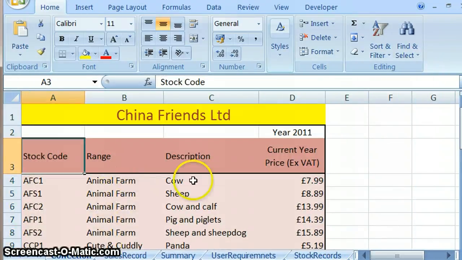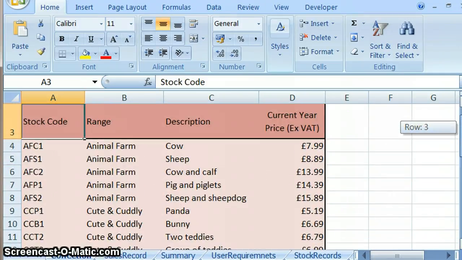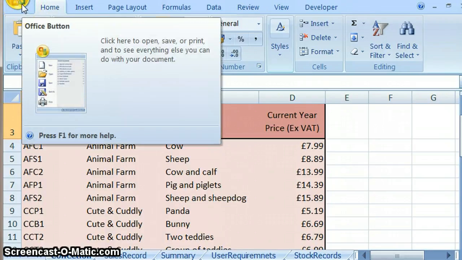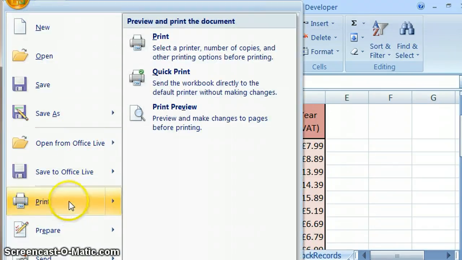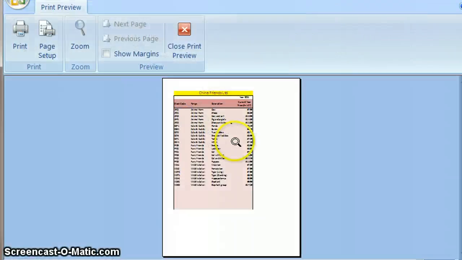And there you can see the range has been sorted, and then within the range all the prices are sorted. So as you can see, Animal Farm goes from the highest to the lowest, and then Cute and Cuddly, etc. So again, we look at print preview. So you probably know how to do this. If you look at print preview, make sure that it's fitting all on one page, and obviously go to